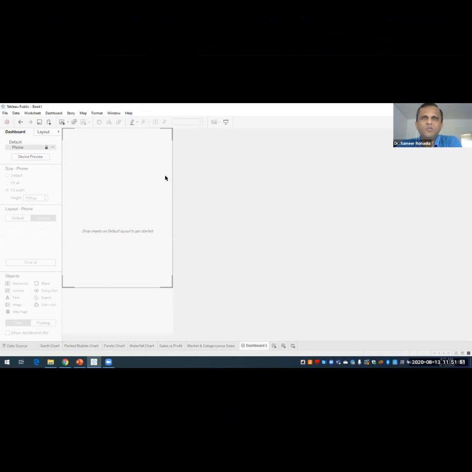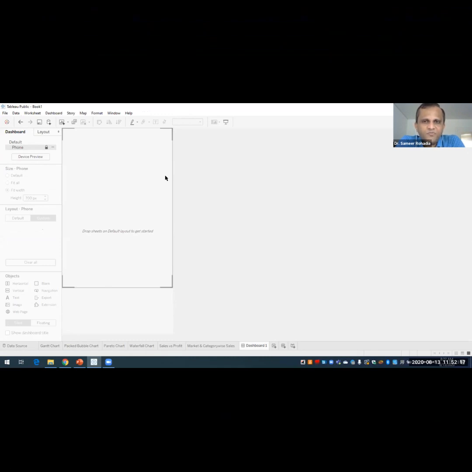And normally, what is a dashboard? We all know that a dashboard is one place where we keep at least 3 to 4 or 5, depending upon the space that we have, of those visualizations in that one particular place, so that it becomes very easy for maybe our colleagues or our top official to understand the whole story out of it.